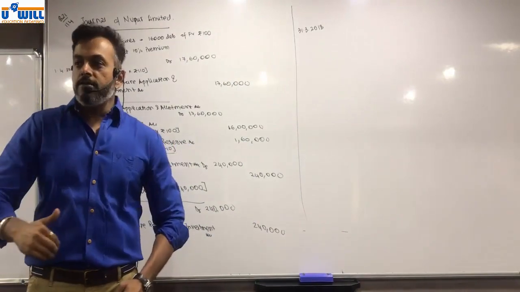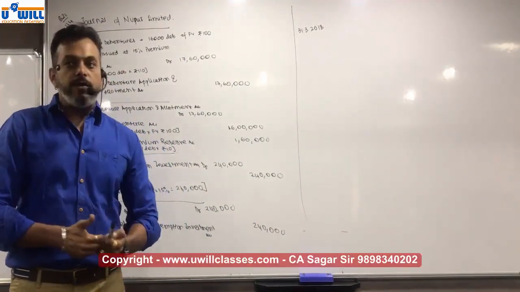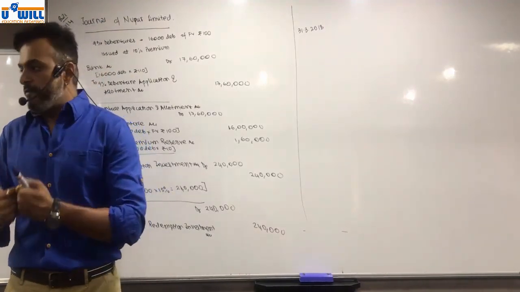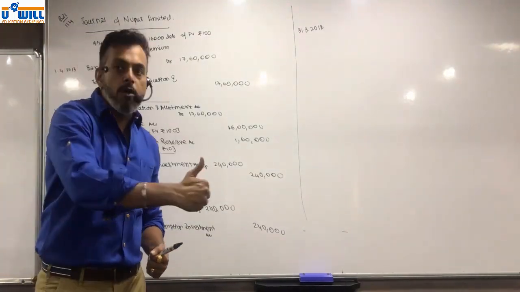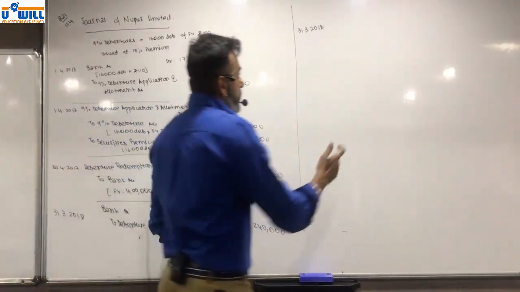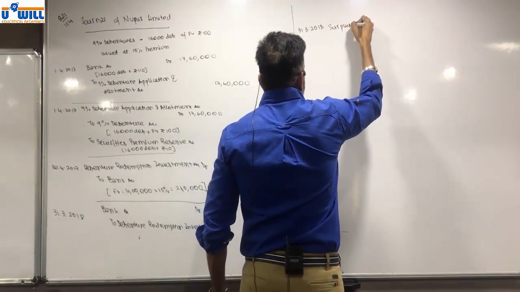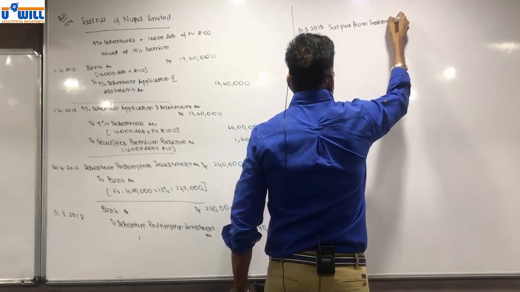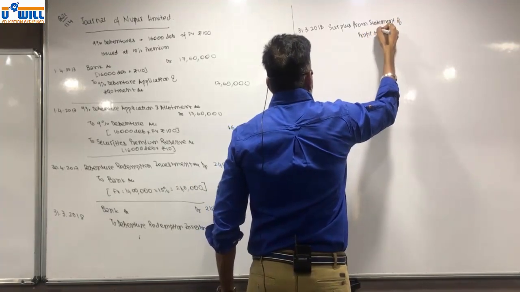Debenture redemption reserve. Before we give the money, we will transfer 25% of the face value of debenture from the profit to debenture redemption reserve account. So लिखो surplus from statement of profit or loss account